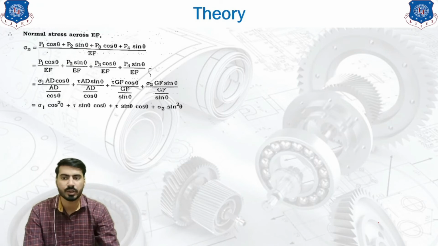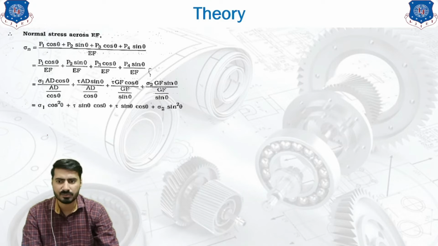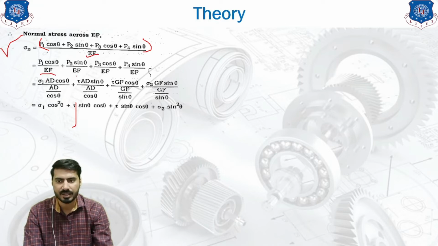So what are we going to do? We are going to calculate the normal stress using the basic formula. What is the basic formula? Stress equals force upon area. What is force? This is our normal force. This entire bracket is our normal force upon area. Area is EF. Now if we divide the EF individually with each and every component, it will look like this. Instead of P1, we can write sigma 1 AD,